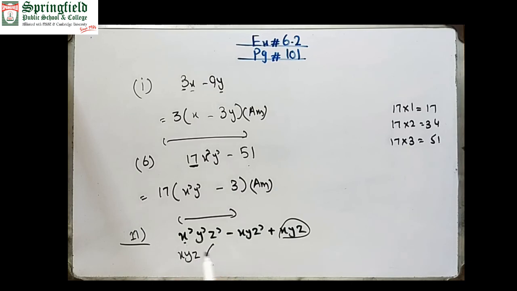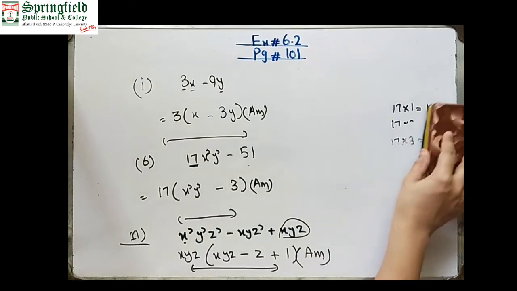So here x is left, y is left and z also left. Minus, x will be common here, y will also, and z. So just one z is left inside the bracket, and plus x, y, z, when we take the common, just one is left here. And no further variable or constant can be taken common. So this is your final answer. Understood beta? Okay, now come to the last part.